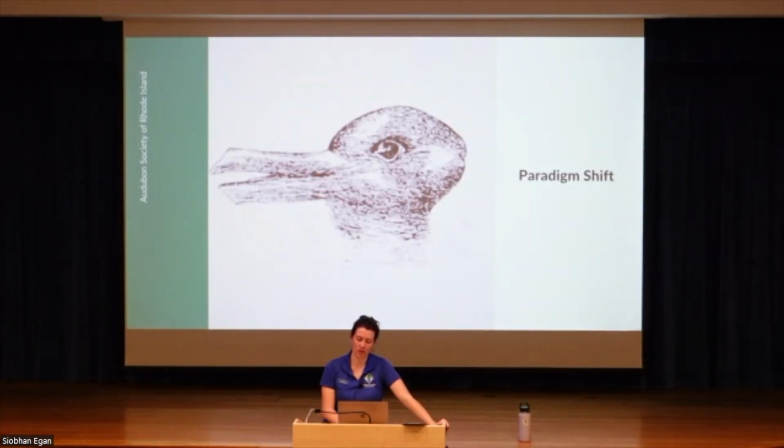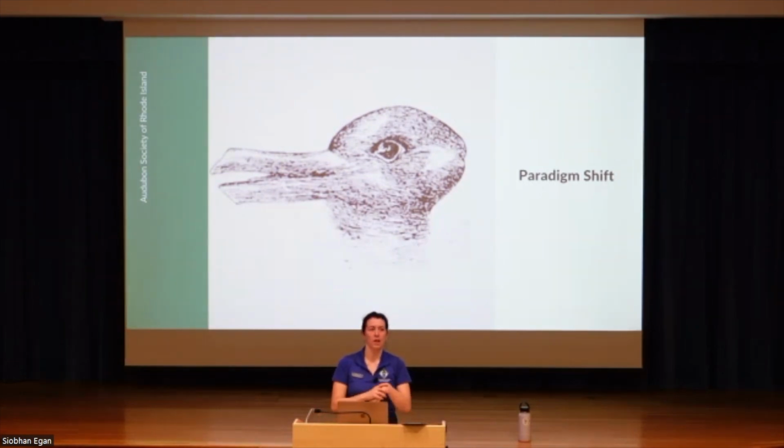So if we want to help bees and all the other pollinators, we need to have a paradigm shift. We need to change our perspective. And instead of thinking about, oh, this is my garden, what pleases me? What do I like to look at? We need to think about our garden as a habitat and look at the whole ecosystem that we are tending